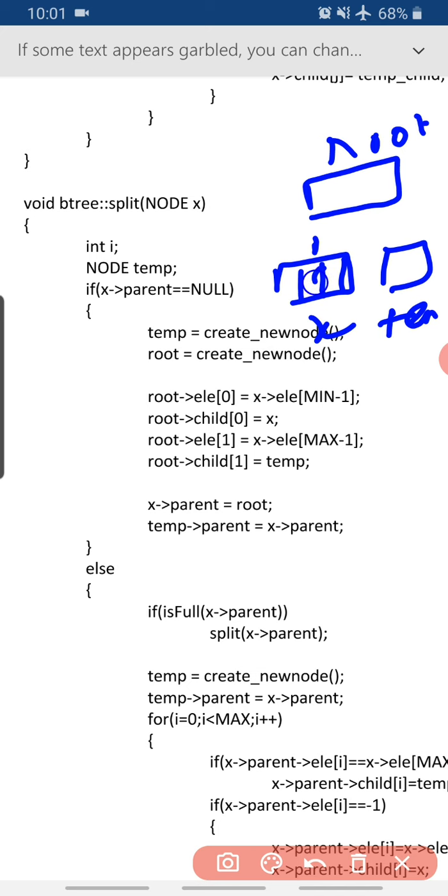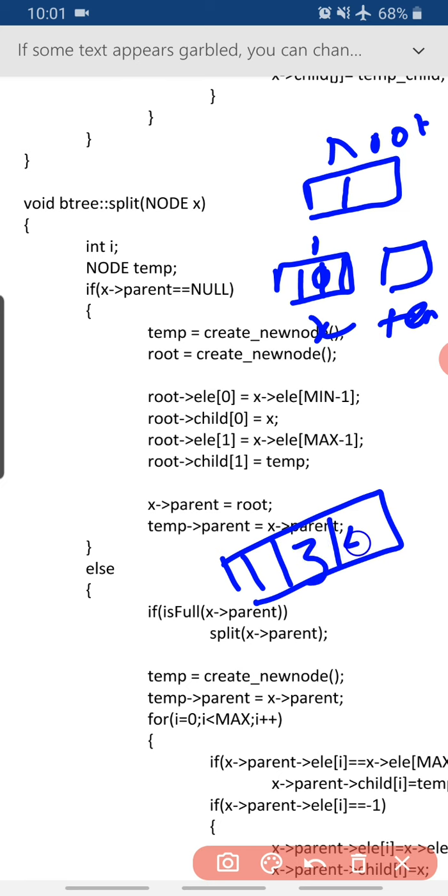So whatever is present in this particular index in the value 1, that's going to be root's child of 0. So root's child of root's element of 0. So root element of 0. So in our case, for example, if that given node x here had 1, 3, 4 and 5, and then we try to insert 2 over here, that's not possible because it's already overflow. So we had to create a root node here and we had to split this node.